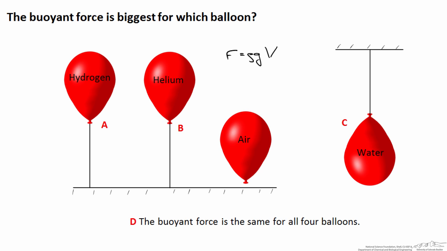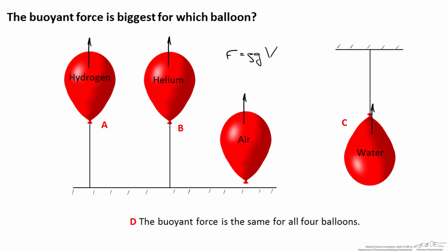What I find somewhat surprising is that there's a force of buoyancy actually acting on the water-filled balloon. And because the volume of all 4 of these balloons is the same, the force of buoyancy is the same for all 4. So if we did a free body diagram for each balloon, for the hydrogen balloon, for example, there's a force of buoyancy acting upward. But there's an equal force acting upward on the helium-filled balloon, on the air-filled balloon, and even on the water